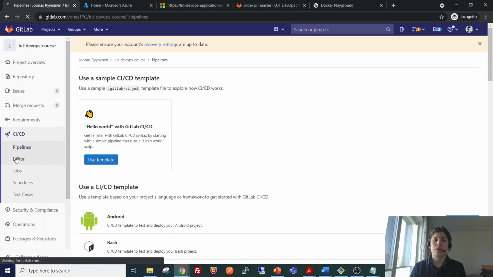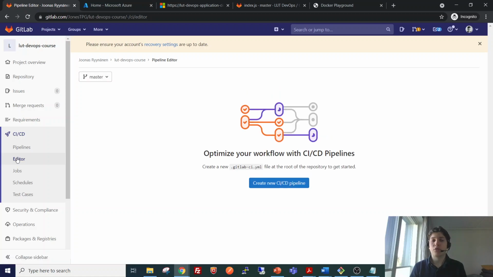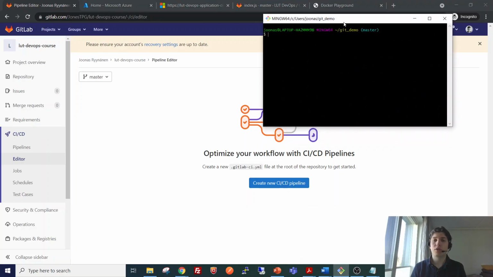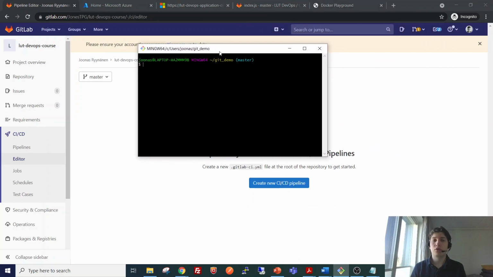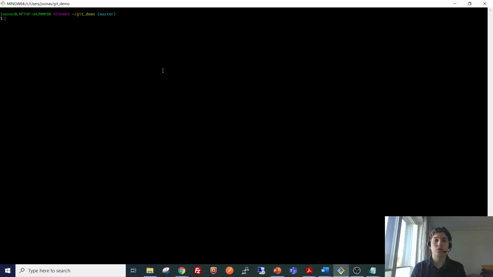So by accessing the editor view, we can see that we need to create a GitLab CI.yml file to get started, and we could create it straight from this graphical user interface, but let's use our command line in order to do that, just for practice.